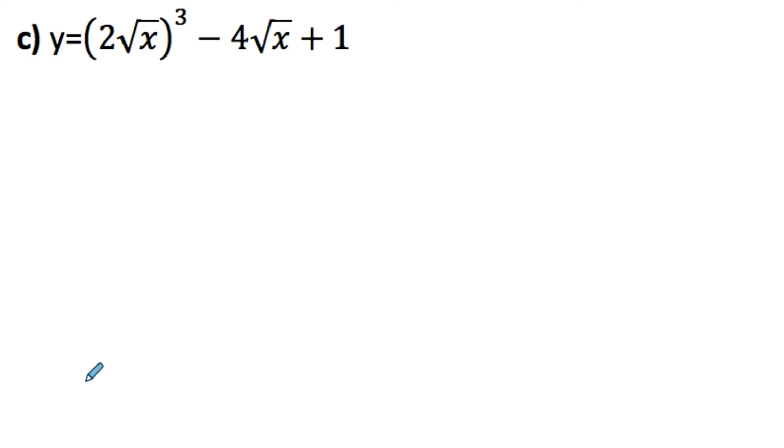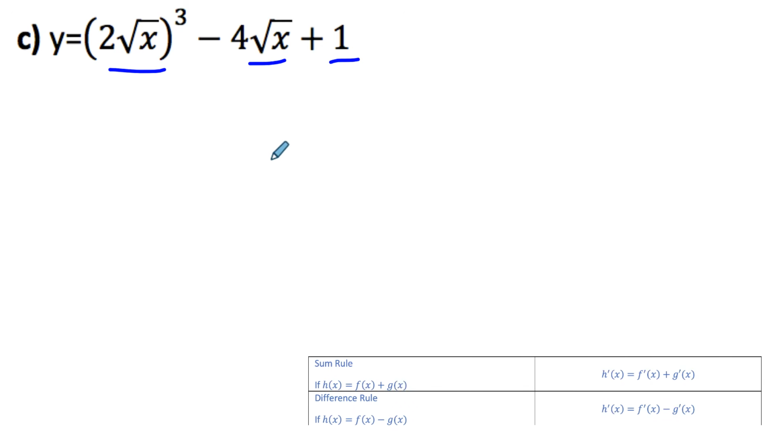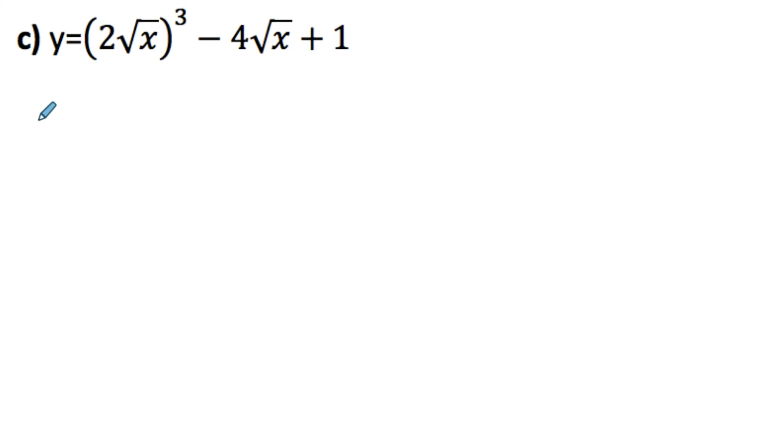Part C. Oh, this one we have 3 terms. 1, 2, 3. I'm going to need my sum and my difference rule for differentiation, which tells me that I can differentiate all 3 of those terms separately. So if I want y prime, or let's write dy over dx this time, it would be equal to, well, for this first term, it's a power of a function. And let me put a little reminder here for you. Remember, root x is actually x to the half. That's equivalent. So whenever we're doing derivatives, it's easier to think of it as x to the half,